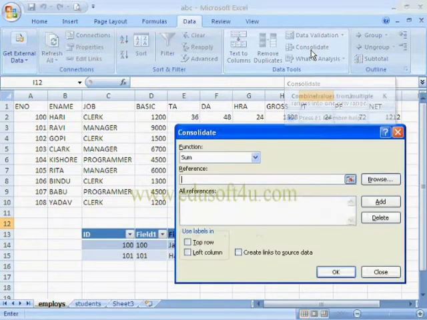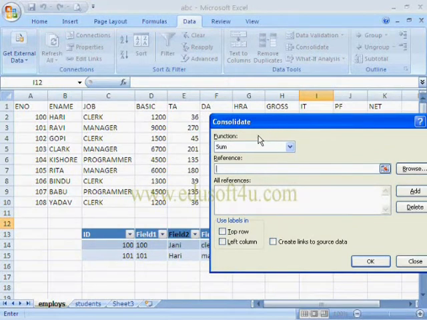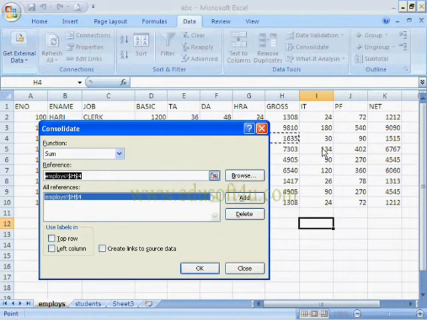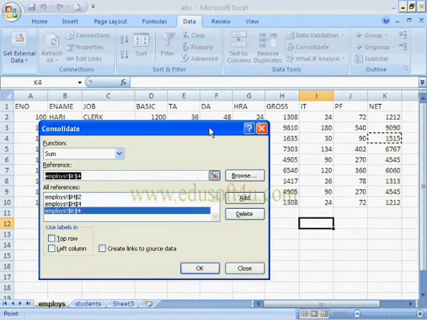This option is used to calculate the values from multiple ranges into one new range. For example, I want to sum the values, so I am selecting this cell and click on Add button. Again I am selecting this cell and we can also select the range of cells.